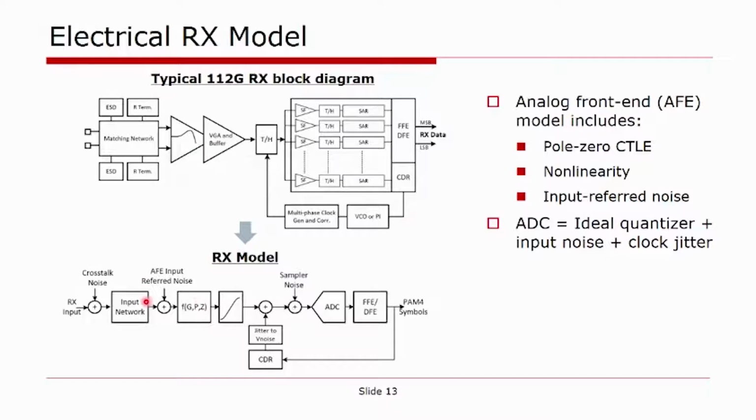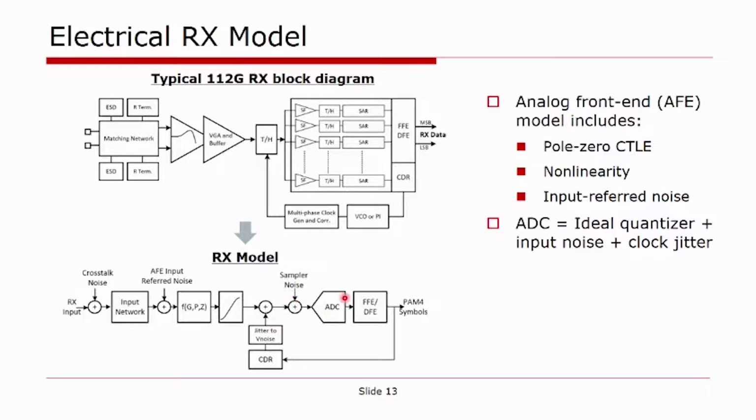This is abstracted again with a mix of time and frequency domain models for the different blocks. The input network and the analog front end are typically defined in the frequency domain. Again, similar to the transmitter, we add a nonlinearity block to model the signal compression in the receiver chain. Following the receiver front end, we have the ADC modeled as sort of an ideal quantizer with some input sampler